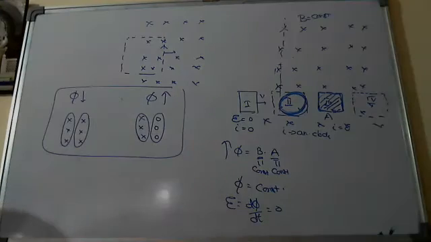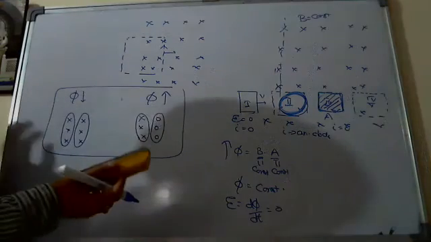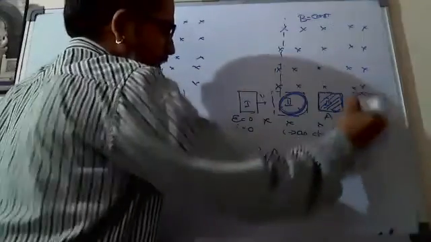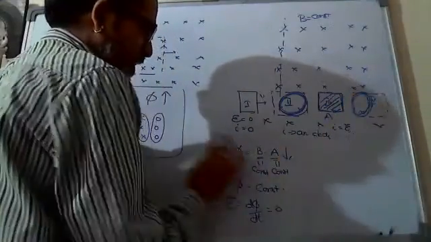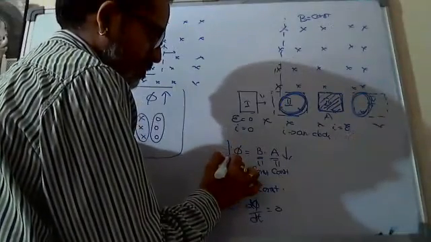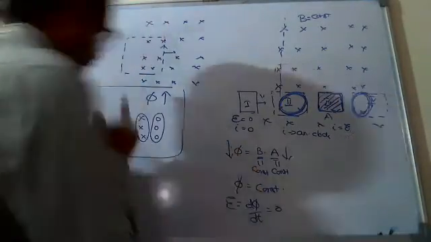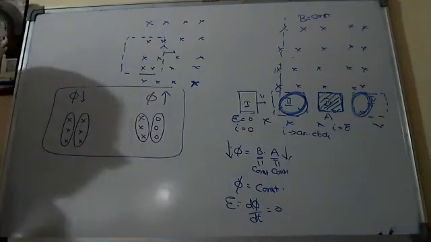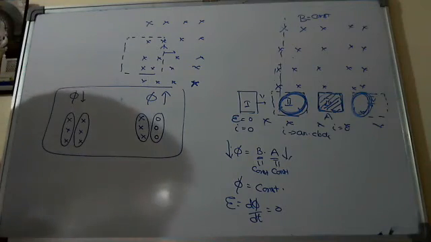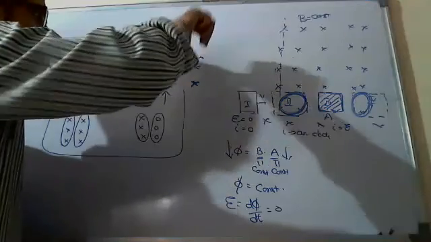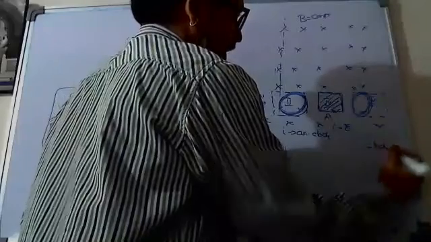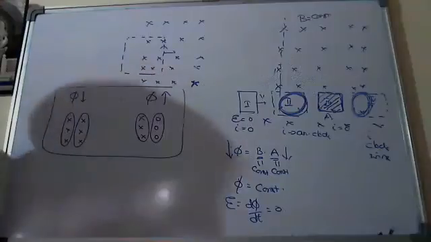Fourth part. Look at that, is it coming out or entering into? Coming out, sir. Coming out means the area bounded gradually decreases. Area decreases. Then flux will be decreased or increased? Decreases, sir. Flux decreases. That too into flux is decreasing. So it should create the flux in the same direction or opposite direction? Same direction. So into means clock or anti-clock? Clockwise, sir. Over. So here the current flows in clockwise direction. Very simple, Nana.